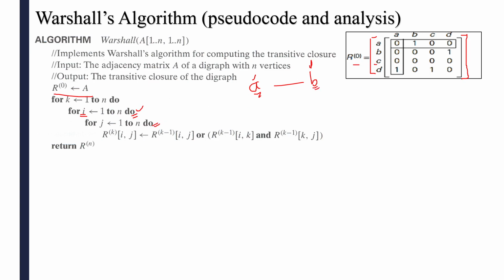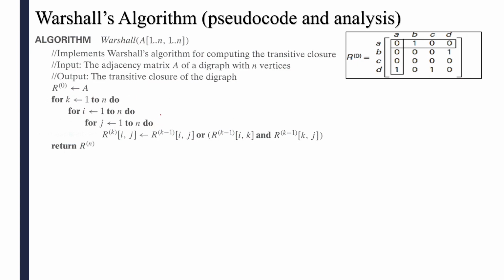j here. For example, if there is no path between these two, A to C here, if there is no path here, then for example, this is your source and this is your destination, and i is A and j is C here, but there is no direct path here. Then you have to take B as an intermediate node. To consider this B as an intermediate node, you are using k here. k for which purpose? To include the intermediate vertices, i for the source and j for the destination here.